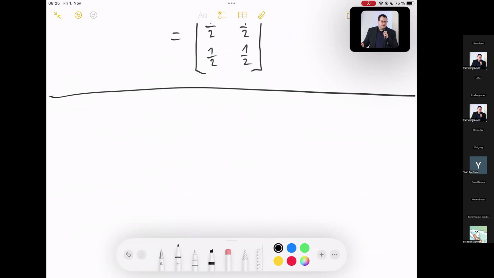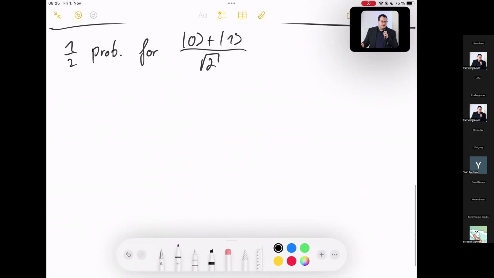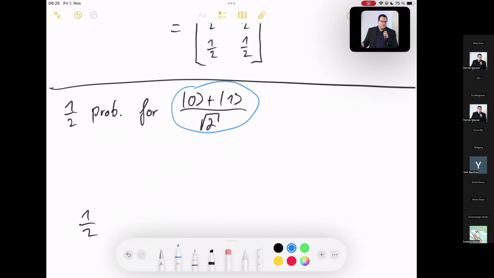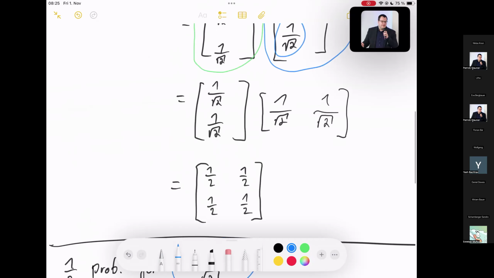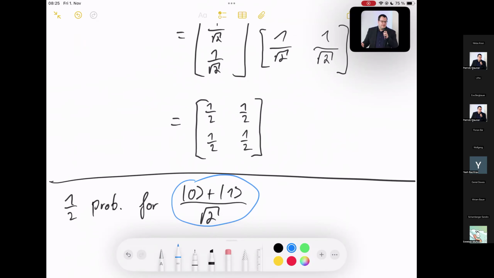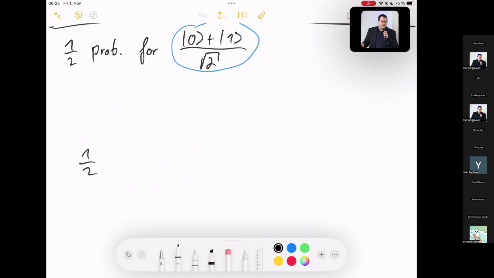We can say we can have a half probability for the one we have just seen, |0⟩ and |1⟩ divided by the square root of 2. That means if we take the outer product of its ket with its bra, we would get just the matrix we have done here, and we have a half probability for this one. So this is just the one we have built. So we have the first